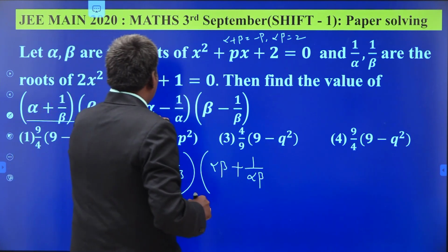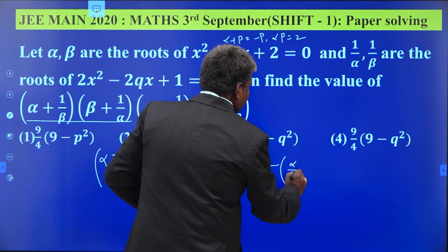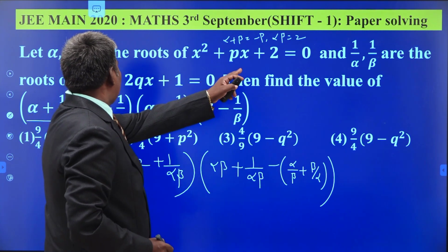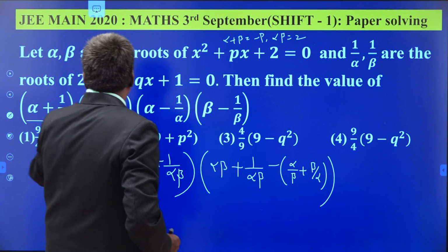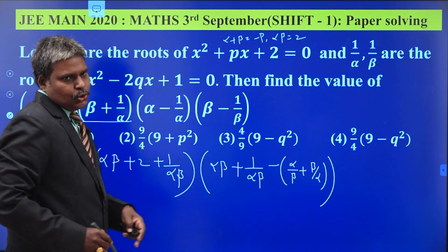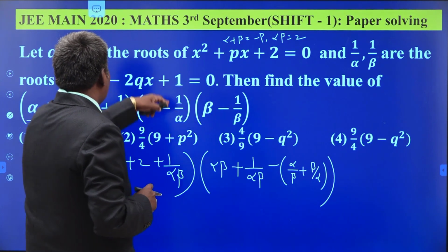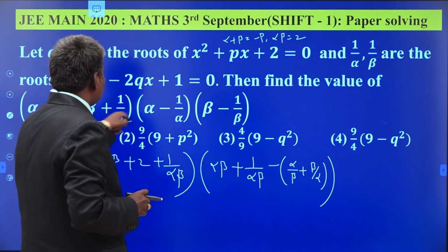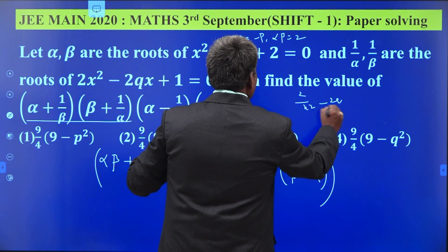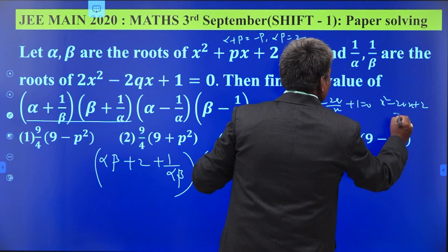Again what happened? Alpha by beta minus beta by alpha, of alpha by beta plus beta by alpha. What is alpha beta, the product of the roots, here? 2. What is the product of the roots here itself also? 1 by alpha into 1 by beta is nothing but 1 by 2, alpha beta is 2. So the sum of the roots may be different for these two. So 1 by alpha, 1 by beta are the roots of this equation, then alpha comma beta are the roots of its reciprocal equation. So what is its reciprocal equation now? 2 by x square minus 2q by x plus 1 equal to 0. We mean x square minus 2qx plus 2 equal to 0. Am I correct or not?